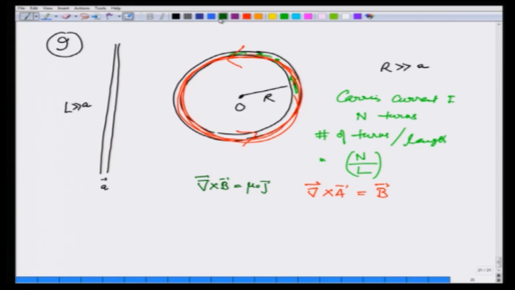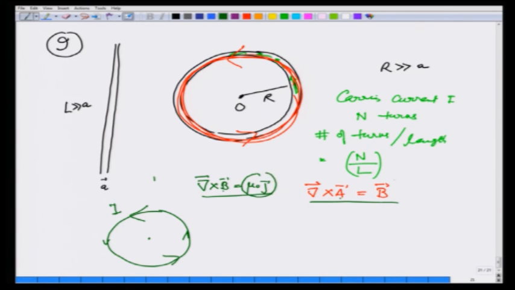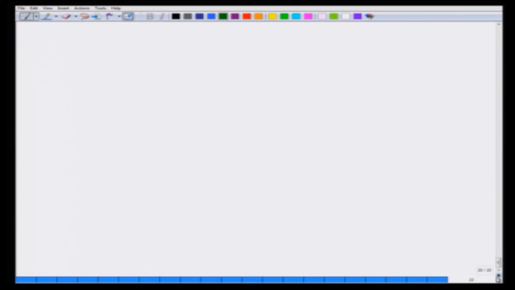Make this similar to a ring with current I going around in the phi direction and the corresponding B. Since the underlying equations are the same, the equation for B is going to be the same as the equation for A, with mu naught j and B playing similar roles. So, let us see now, if I have a ring which carries current I,